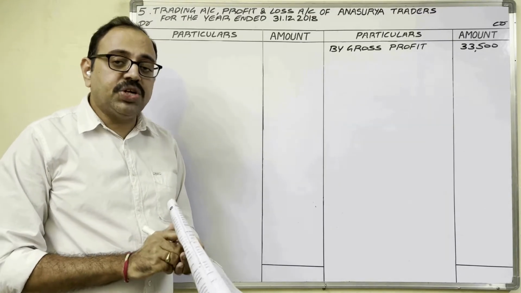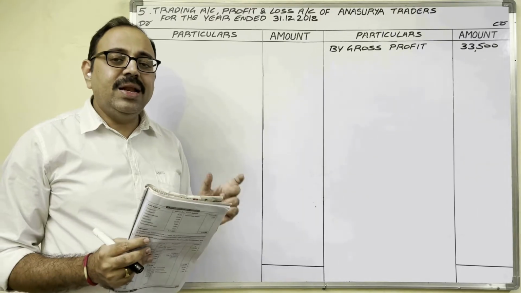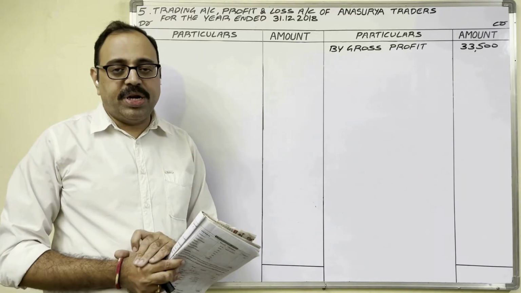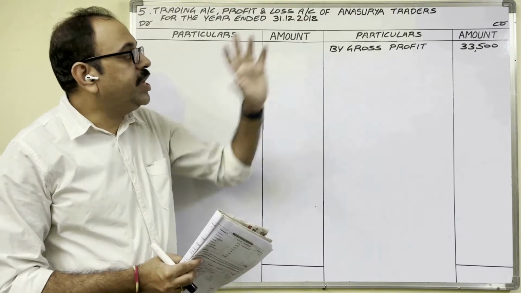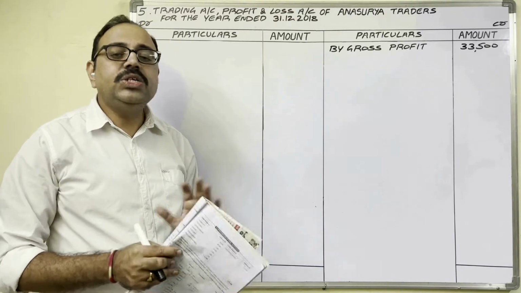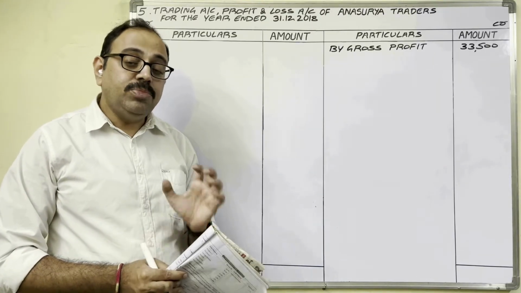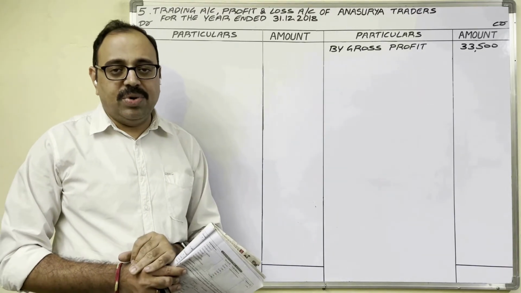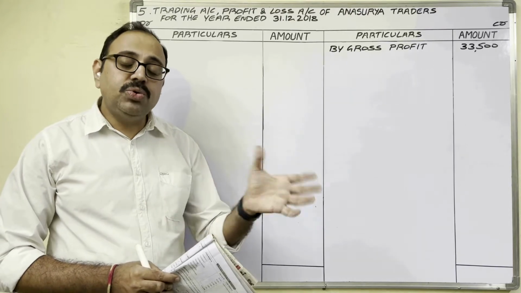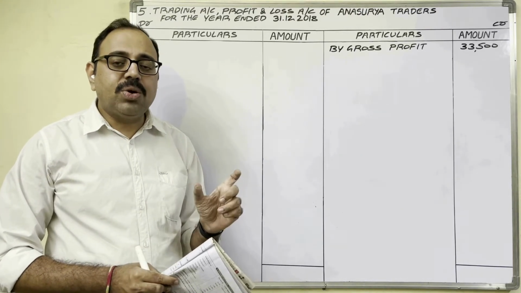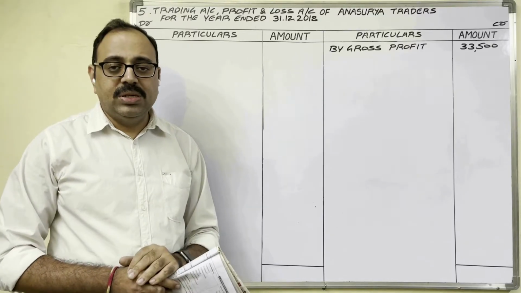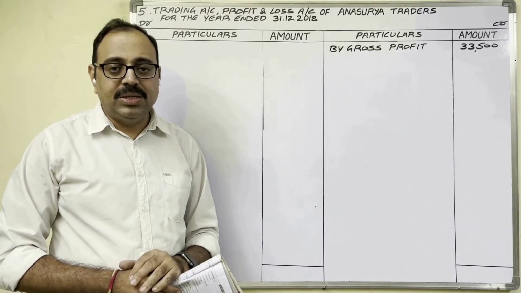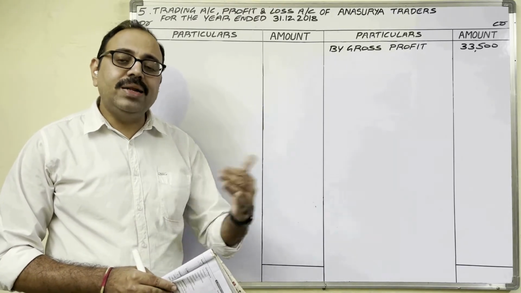Auditing means verification of accounts. As per Indian Income Tax Act 1961, auditing is not mandatory for sole proprietorship concerns. So this is sole proprietorship business only. For them, auditing is not compulsory. But some sole proprietors may prefer to get their accounts audited by an independent chartered accountant, because auditing gives an assurance to the trader that all his accounts are properly maintained by employees. Moreover, audited accounts are considered reliable for the purpose of income tax. So some traders may prefer to audit their accounts.